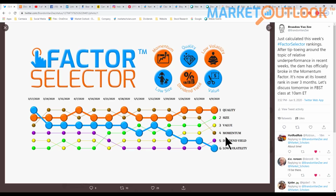So you will see here that this is showing us that momentum is now ranked fourth for the very first time going back at least 3 months. This graphic is a rolling 3-month graphic, and you can see that this kind of gold ball has always been ranked number 1 or 2 in the middle chunk of that, and then exactly 3 months ago we were at number 3. So this is the first time momentum has been at number 4, kind of in the lower half of those rankings there. So I thought that was worth pointing out because, of course, those were trends that I